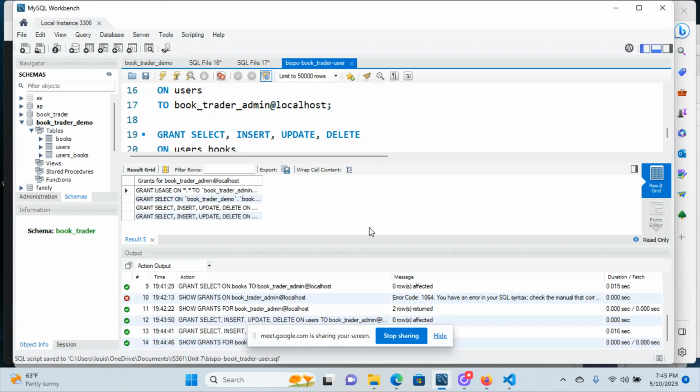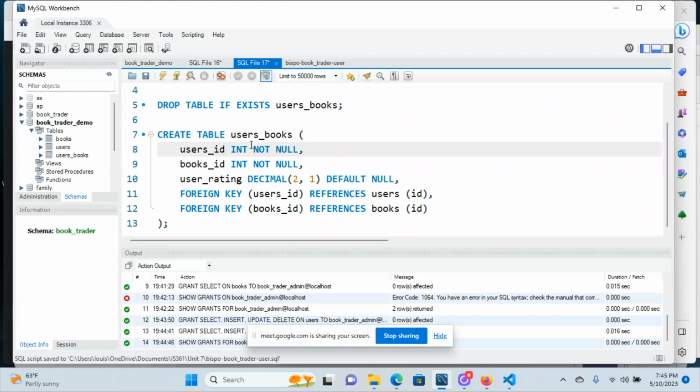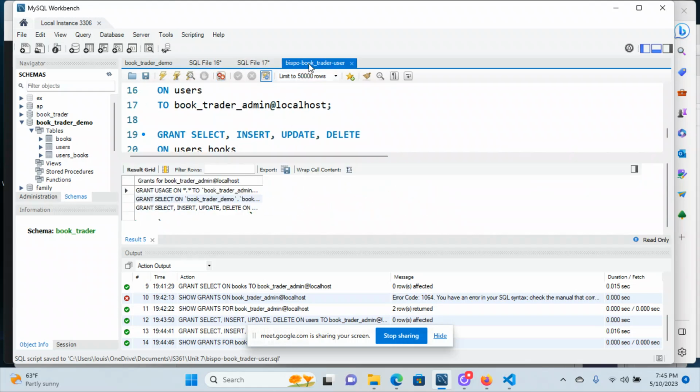So those two things that I've just done to my BookTrader demo are the things that you want to have done in your project at this point, or that should be submitted today, where you're refactoring your tables and then creating the user with the granting of the permissions and so on. Now you test this